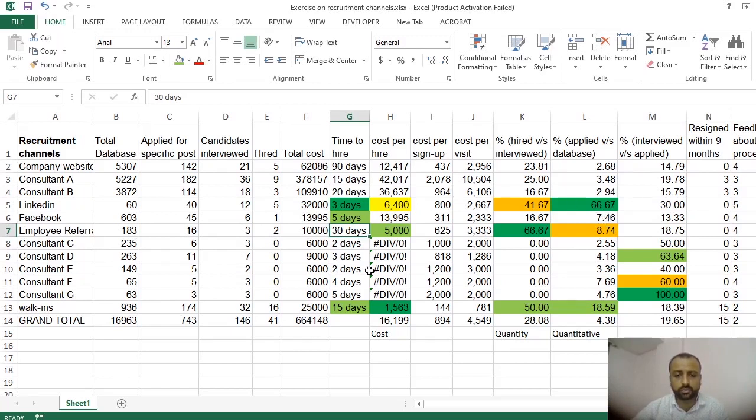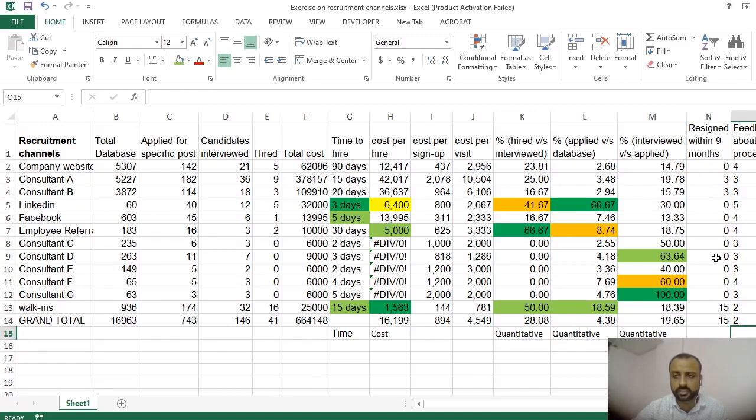But now if I look at all these indicators, they are either quantitative or cost or time. So all of them can be the efficiency metric, but not the effectiveness metric. In order to find the effectiveness, I need to look at maybe a couple more measures which are available to me.